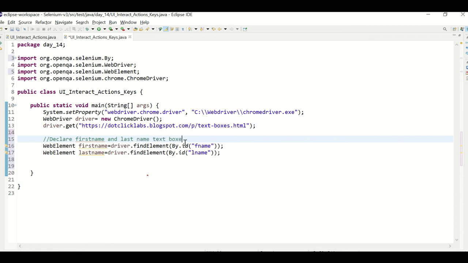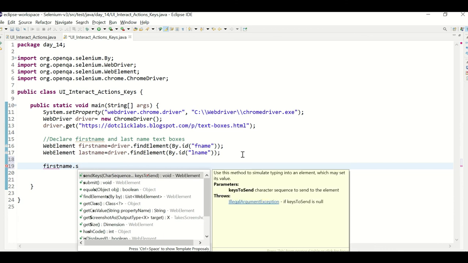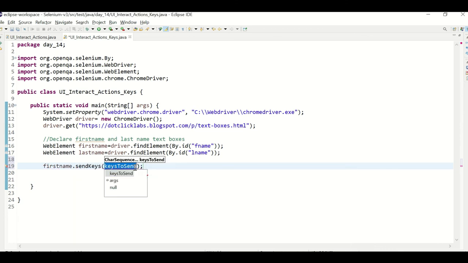It is better to declare and store it in a variable, so that you don't need to use driver.findElement many times. firstName.sendKeys is one of the ways you can enter values into an input box or text box. So ".click automation labs". As you said in caps, it would be entered in caps.